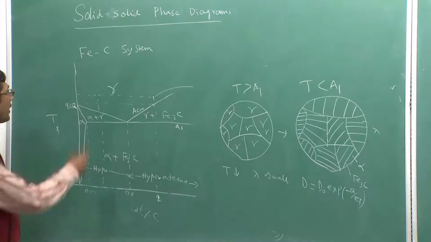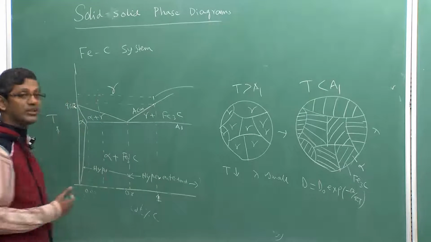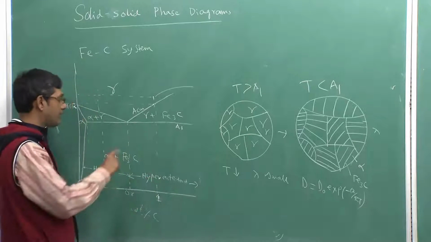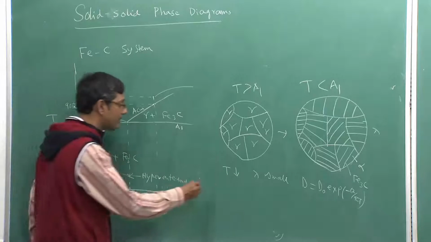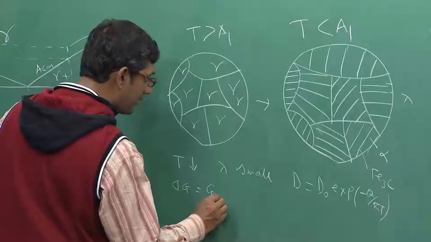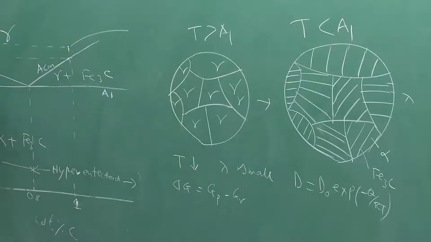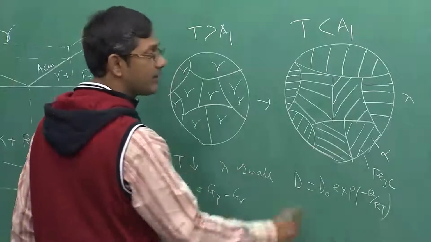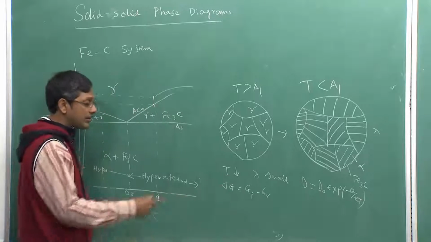Now as you know, as you undercool lower, that means when the temperature is lower, the driving force will be high. Why? Because the driving force depends on the undercooling. As you increase the undercooling, the driving force will increase. The driving force is nothing but delta G, that is, G of the product phase, here pearlite, minus G of gamma. That is the driving force. This driving force is the summation of the driving forces of cementite and alpha. So if the temperature is low, this is high.